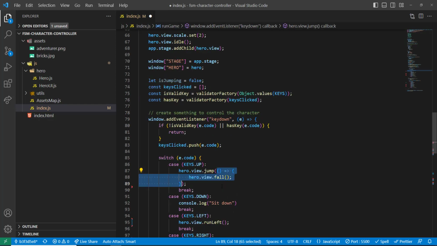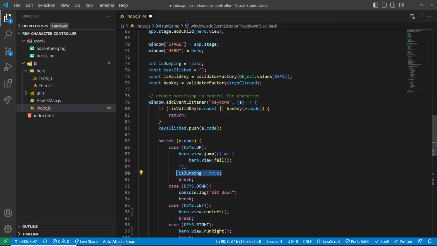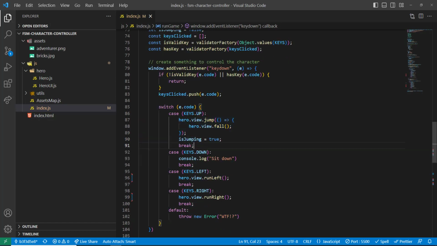I will add a callback to the jump method, because the jump method receives the callback to fire when the jump animation is finished. So after that I will switch to a fall animation, and I will specify that now we are jumping if we click spacebar. Now you see that we can run left or right, but